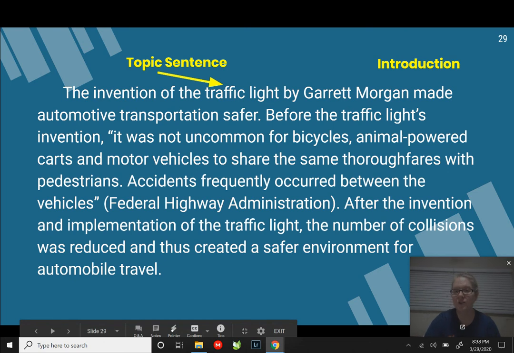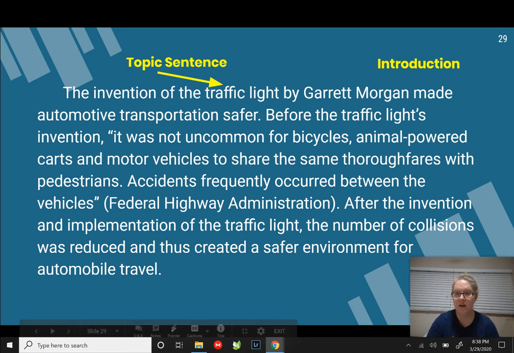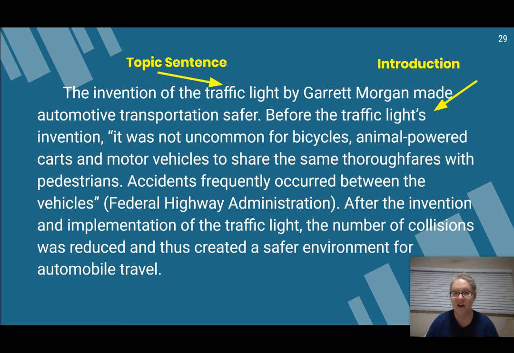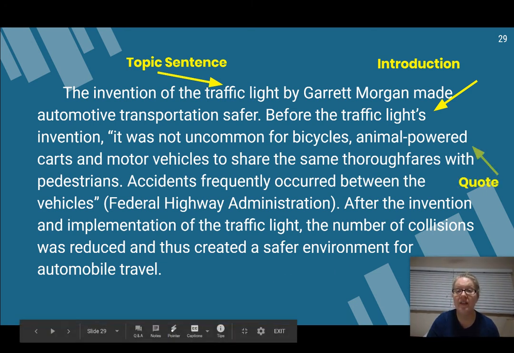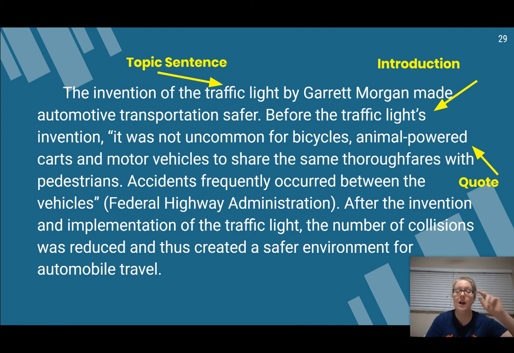And this is the introductory phrase here. So if we look here, this is the introduction before the quote. It's very short. It doesn't have to be long. And then you'll notice the quote. And now the quote is long. It's 2 sentences.